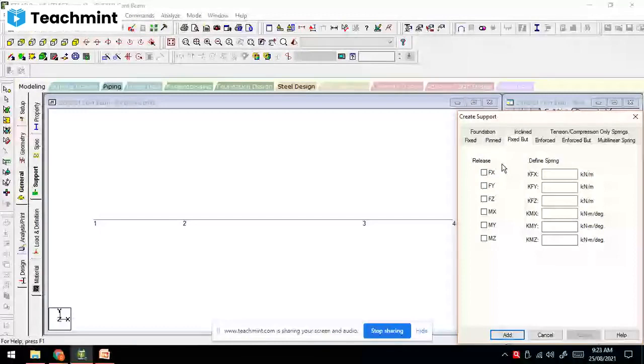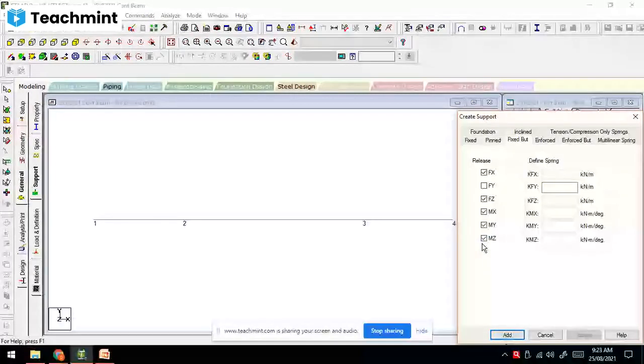Then we require only the vertical reaction. So we have to release the remaining parts other than Fy, because we require Fy only, that is the vertical reaction. We do not click on Fy because we require this value, and we click on the other check boxes to release all those values, that is Fx, Fz, Mx, My, Mz, which means we are making these values equal to 0.